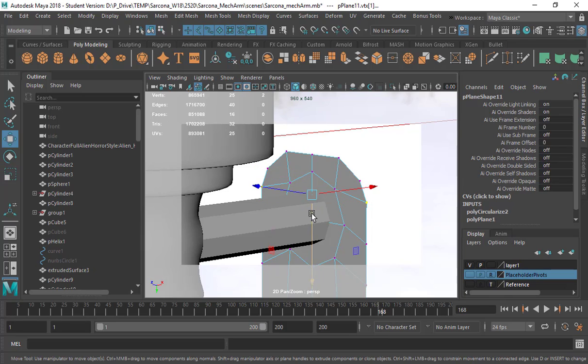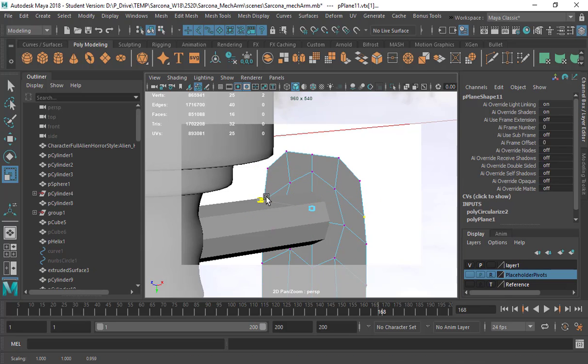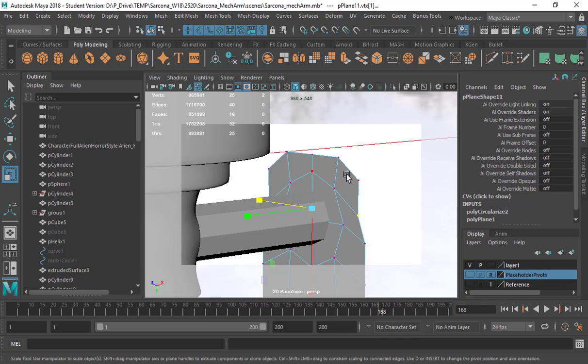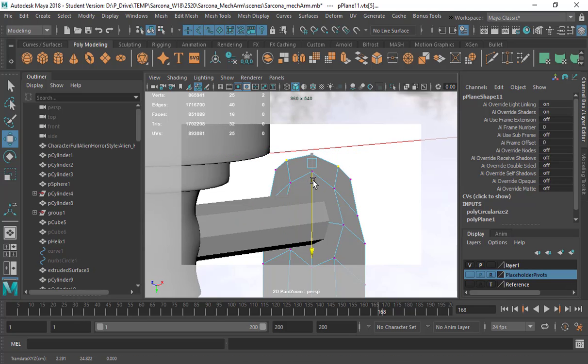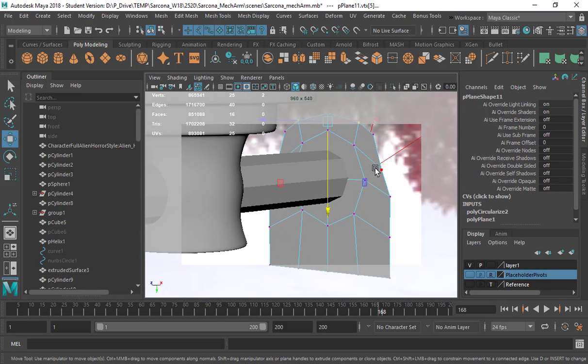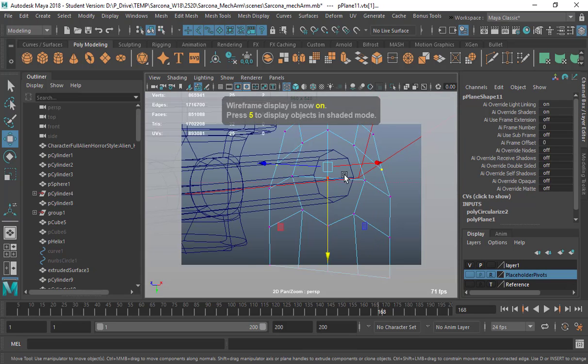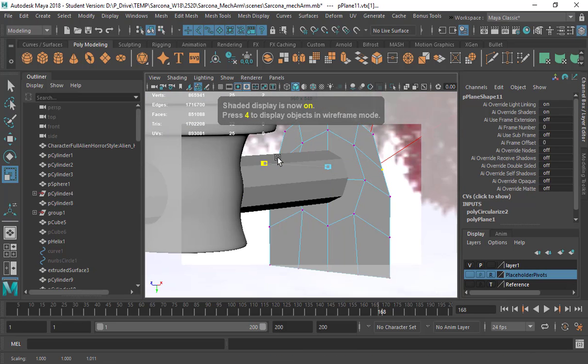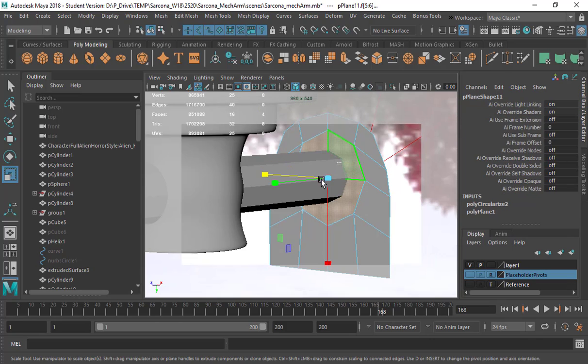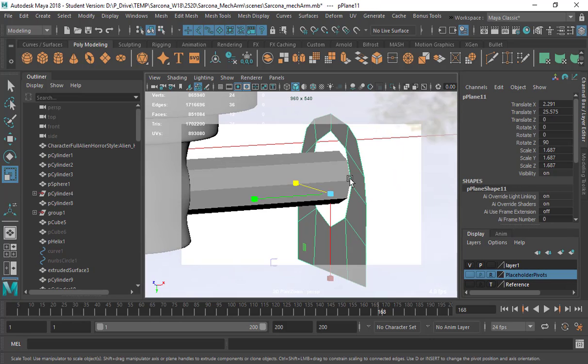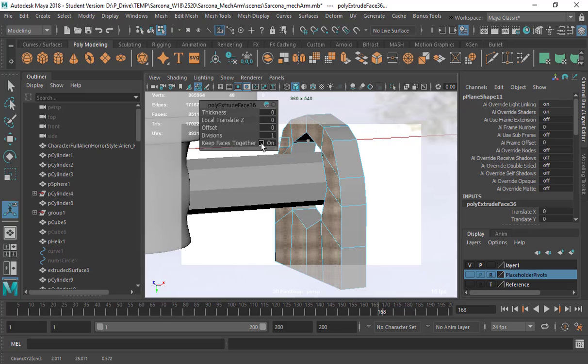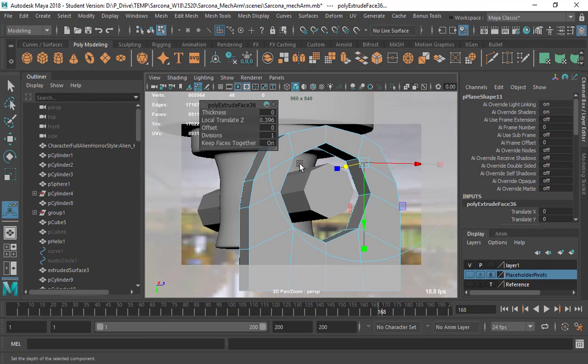Notice I didn't use a cube with this. A lot of people will start off and they think it's going to be 3D, so I need to start off with a cube. You don't. If I can make it off of a plane, because you see all the little tweaking I'm doing to the shape, it's a lot easier to do it on this than it is a cube. And I can just delete that now and then extrude this,